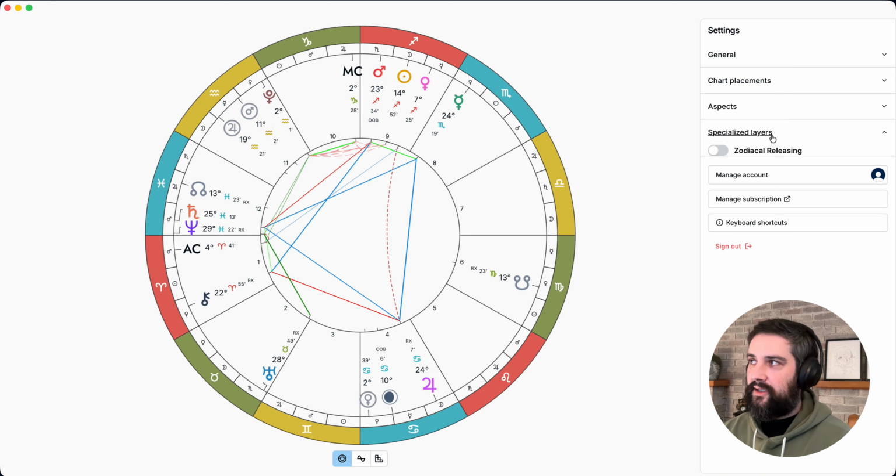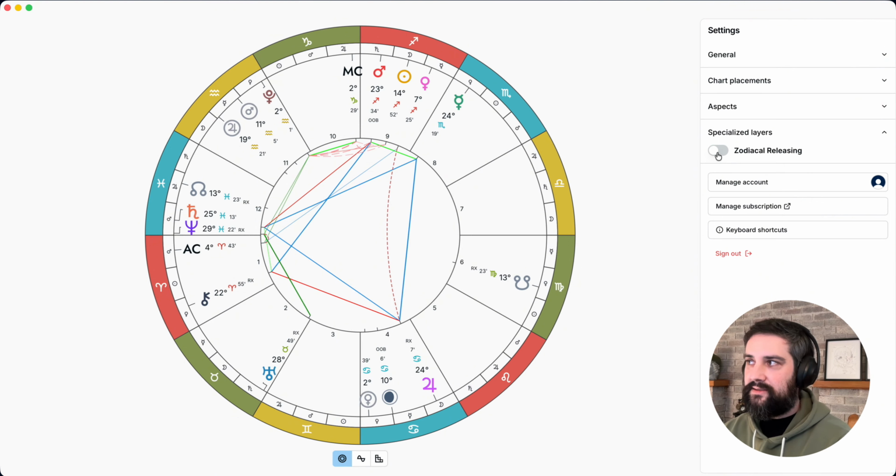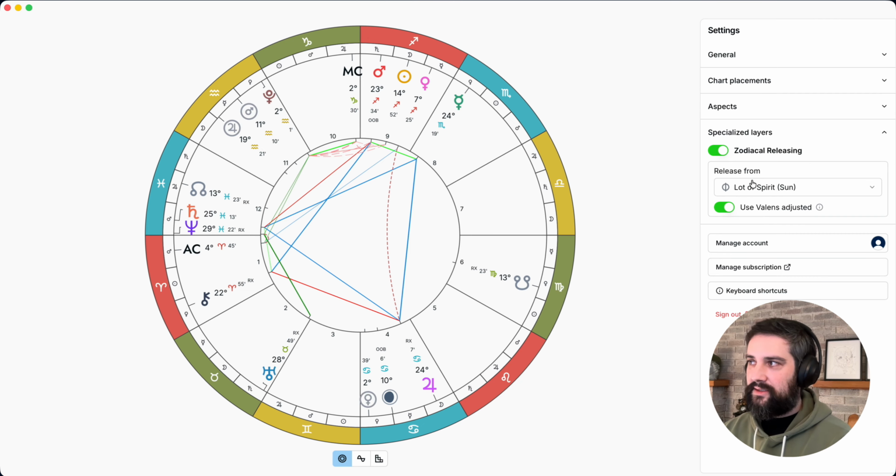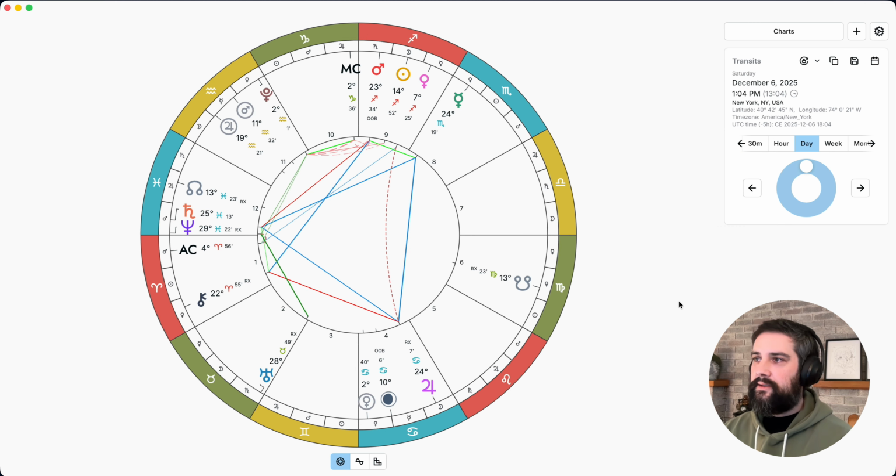Lastly, there's an area here for specialized layers. The only specialized layer available right now is the Zodiacal Releasing module. I'll go ahead and toggle that on, and we can take a look at that in more detail a little later in the video. So now that we've got the chart looking kind of how we want it to look,